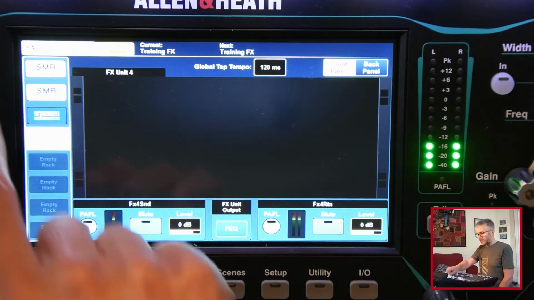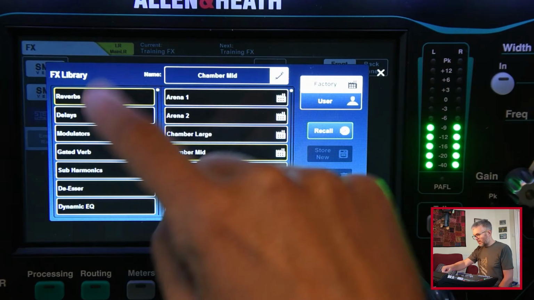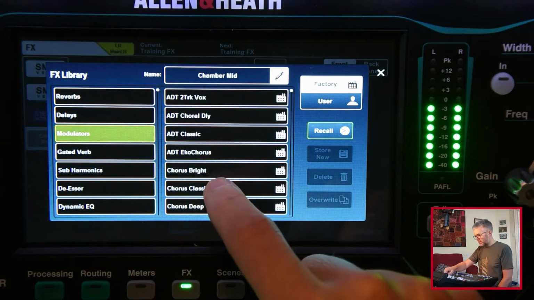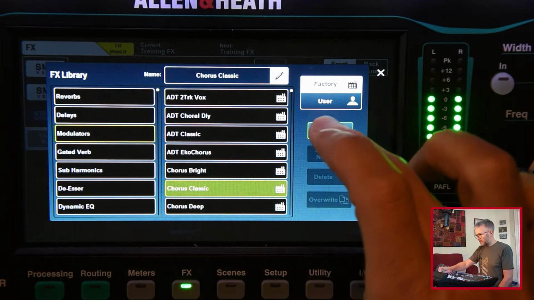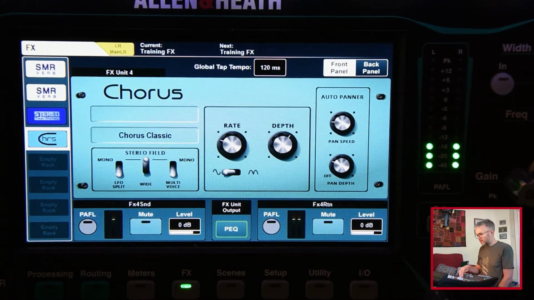So first off, I need to load in the effect I want to use. So go to library, and I find in the library the one I'm after. So I'm looking for a chorus, so let's go for a classic chorus. Load that in. So that's loaded that into slot number 4, but there's nothing currently being sent to number 4. So to help with this, let's mute the other instruments for the moment and just listen to the guitar. So if I then go to mix number 4 on my desk and I choose to send some of the guitar in,